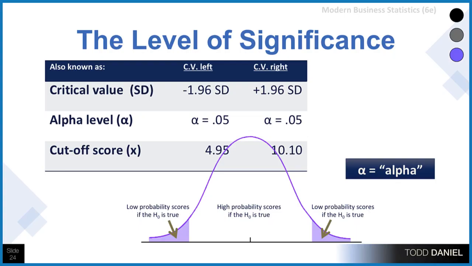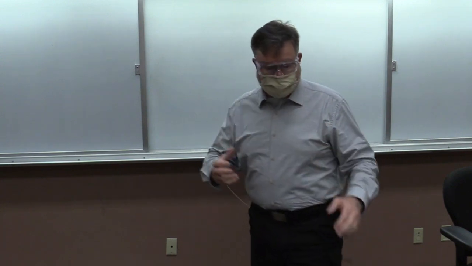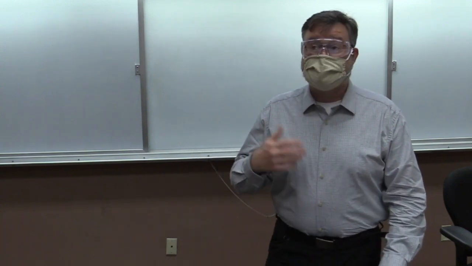But of course, because in this case the normal curve is an actual set of numbers, those two fences would also articulate with an actual score on the x-axis, which in this case I've defined as 4.95 and 10.10. Those scores will differ for other distributions. So again, three ways that we can search for that cutoff score: critical values, standard deviation, alpha levels, and the actual cutoff score on the x-axis. Now I know that that's a lot of numbers and math and so forth, so let me see if I can make it make a little more sense.